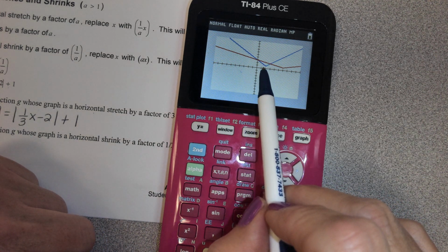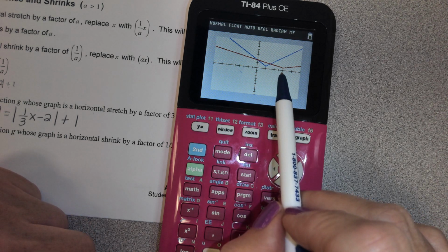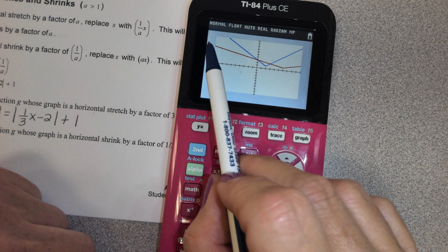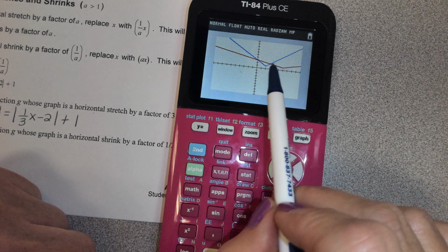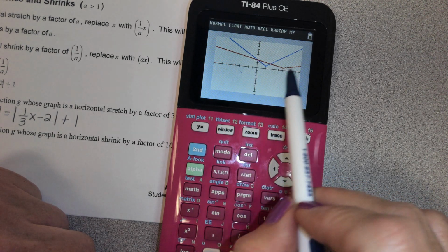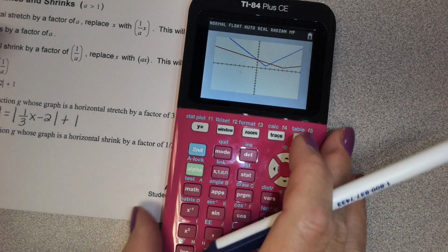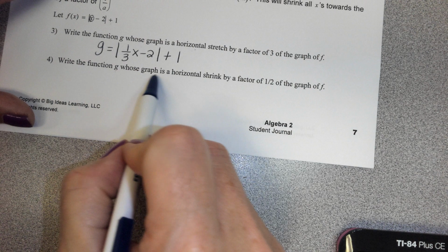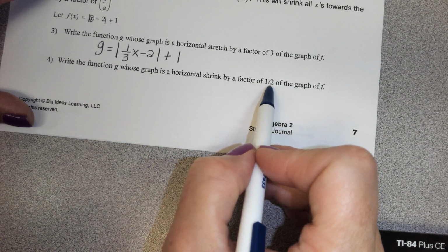See how this used to be at 2? Well, now it's way over here at 6. It stretched that away. Also, see how wide this is now? Because it's stretched out further. So that is correct. Write the function g whose graph is a horizontal shrink by a factor of 1/2 of